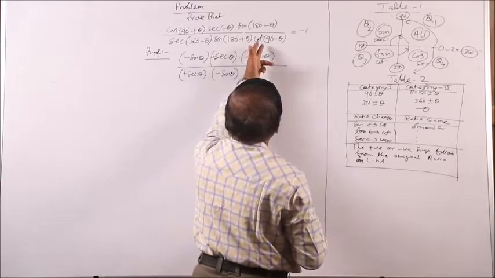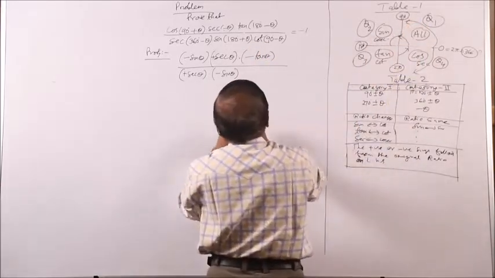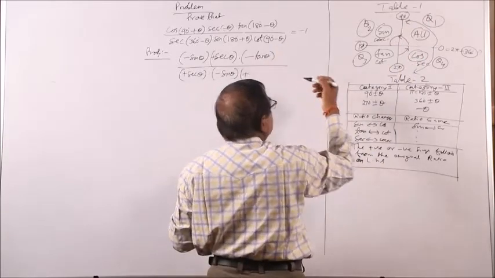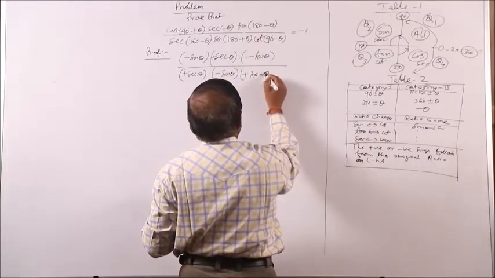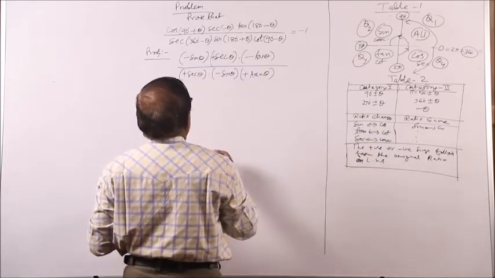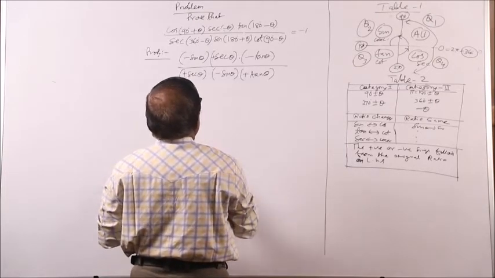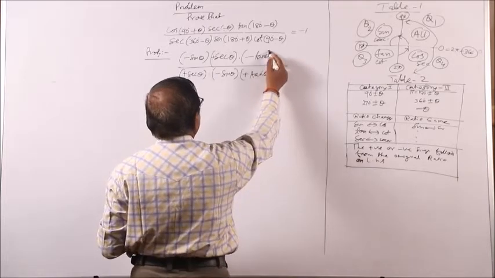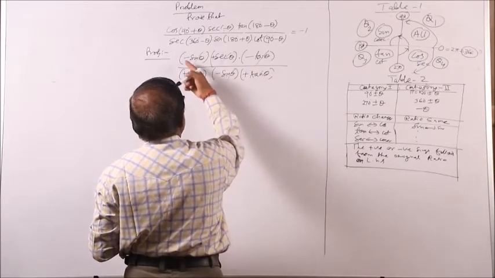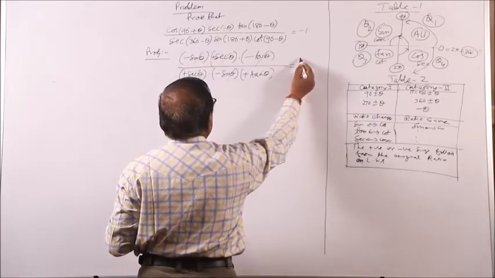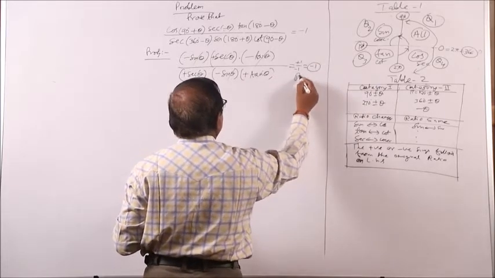Now, cot 90 minus theta: 90 minus theta comes here, where all are positive. So it is positive and cot becomes tan. So this is tan. So what happens? You see, this tan theta goes, sin theta goes, sec theta goes, 1 minus 1 minus plus 1, and here it is minus 1 plus 1 minus 1. So this is minus 1, proved.